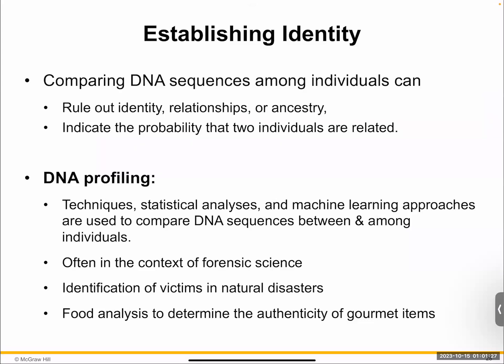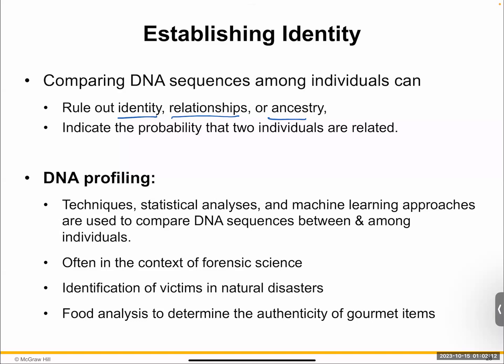Something else that I want to finish up with, since we're getting toward the end of this PowerPoint, is establishing identity. Comparing our genetic sequences, our DNA, from one person to another helps us identify who we are. This is really important in terms of CSI and forensics. It can help us figure out our relationships, who we are related to, like if you have half brothers or half sisters, who's your mom or who's your dad, and then ancestry, where you come from, right? Think again about that genealogy concept.